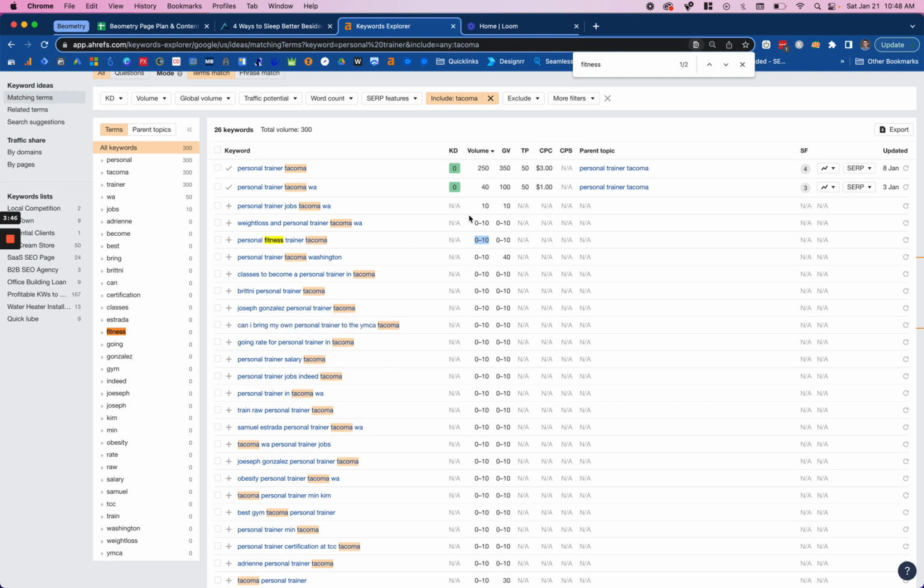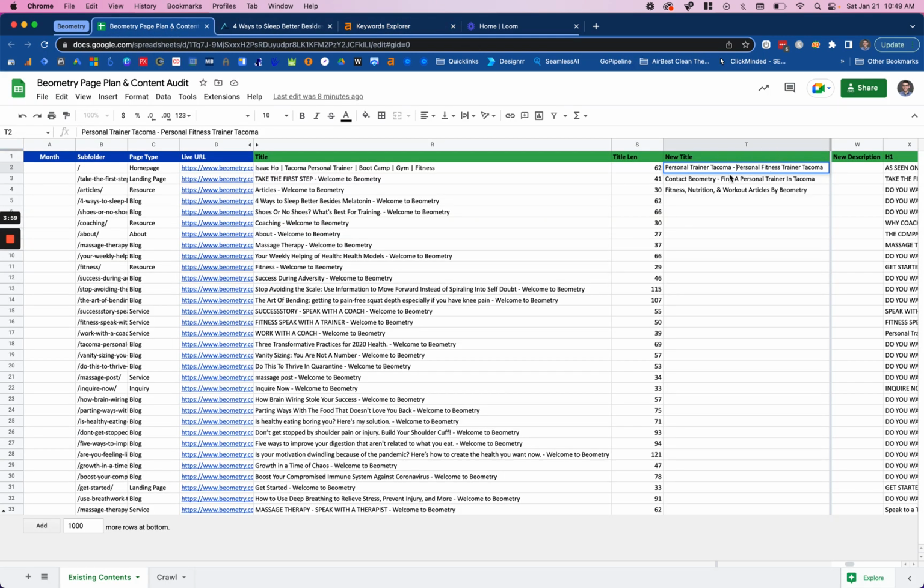That could be wrong, but that's how I do it. If all things are equal, I'll just choose the higher one. Plus, this is different enough that maybe it'll help me rank for many different permutations of these keywords. So personal trainer Tacoma, personal fitness trainer Tacoma. Keyword stuffy, sure. Is it going to work? Sure. It's not a difficult niche, and yeah.